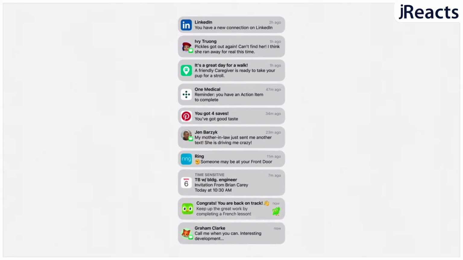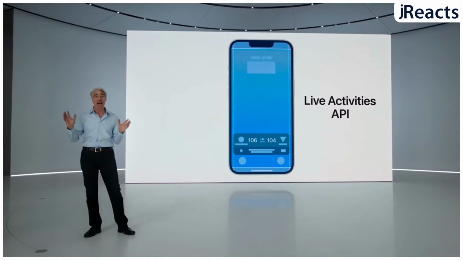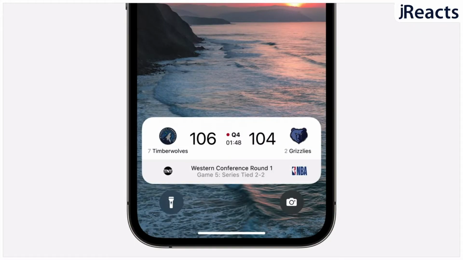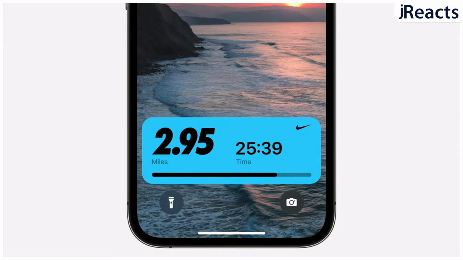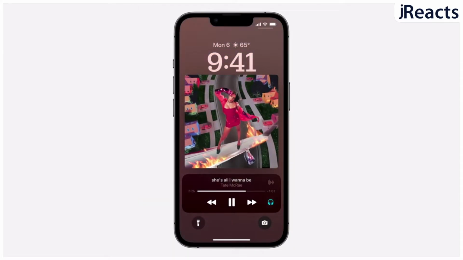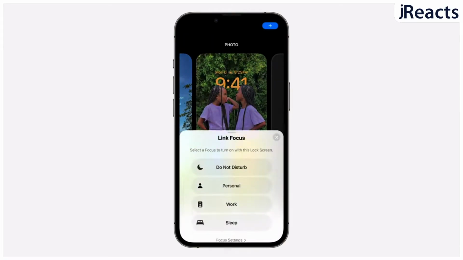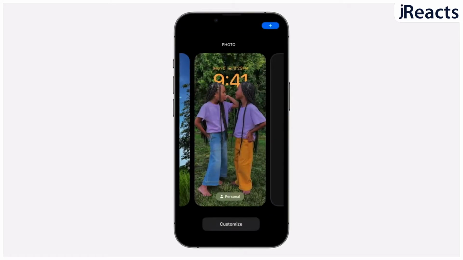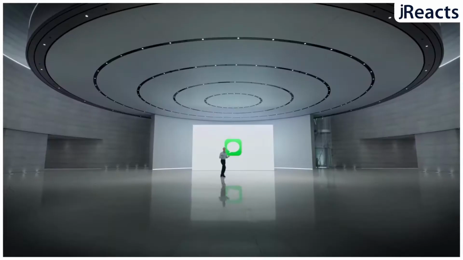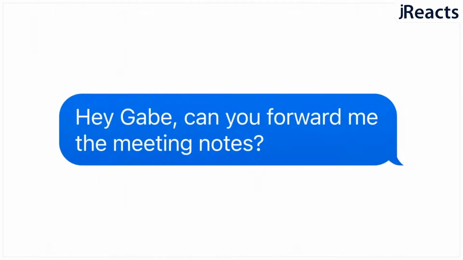And then we went into notifications. This is what most of the notifications look like, but now we're going to be down at the bottom, all grouped together. Got live activities now, like stuff like sports. If you're getting something like Uber Eats, or a workout, it's all in there. New music stuff, which is really cool. And then we went into focus, which now we can actually personalize the lock screens to focus on different things. So you can have a personal one, and you can have a work one, and that will give you different things depending on that.